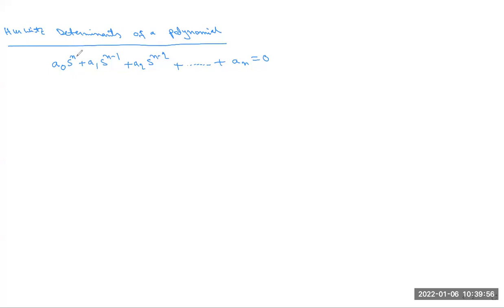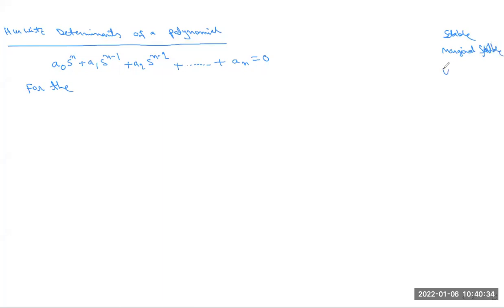So the roots of the nth order polynomial must have negative real parts, that is, all the roots lie in the left half. We have discussed in previous classes that there are basically three kinds of system. Number one is the stable system. Number two, we have discussed marginally stable.